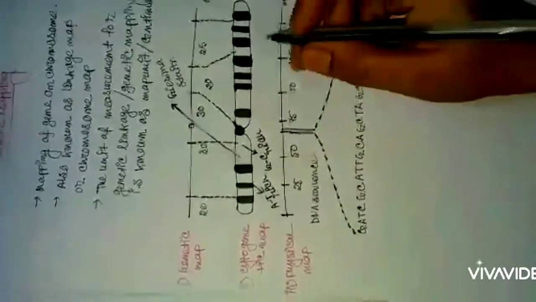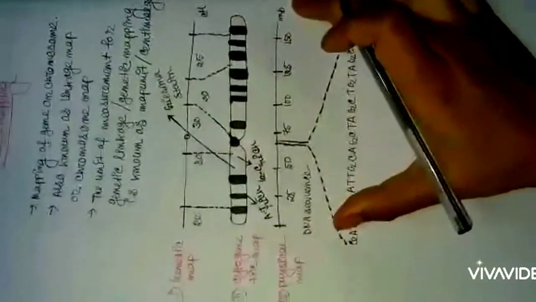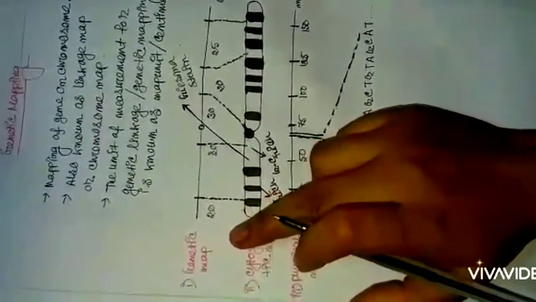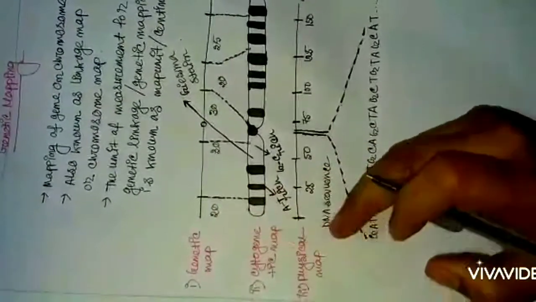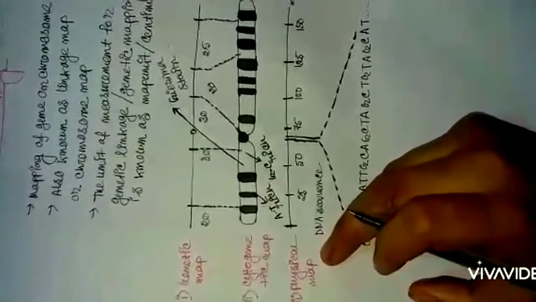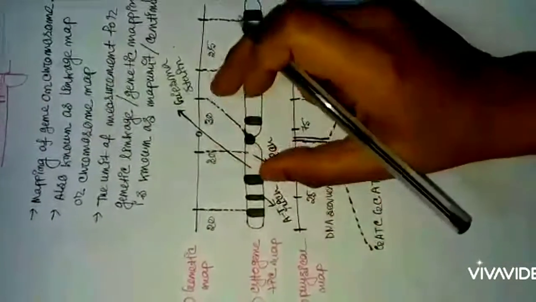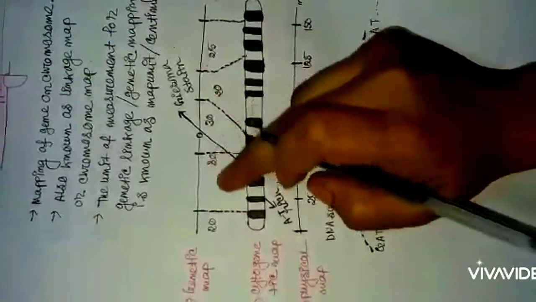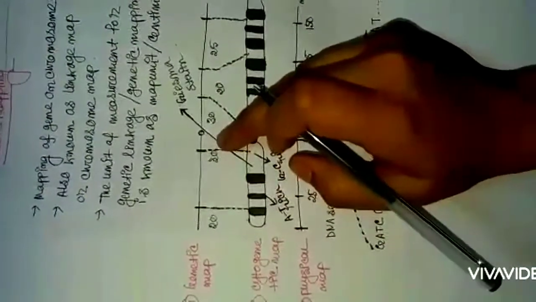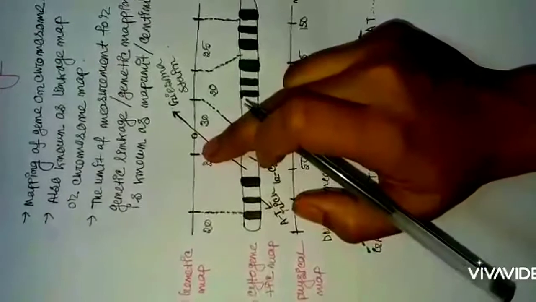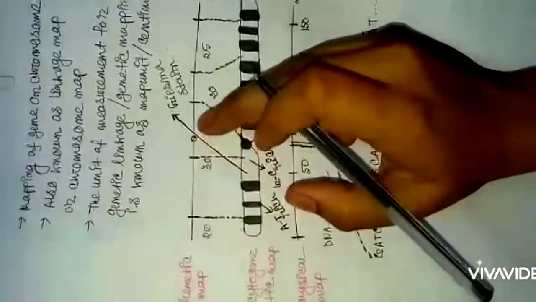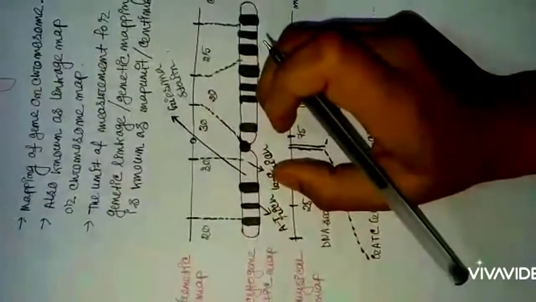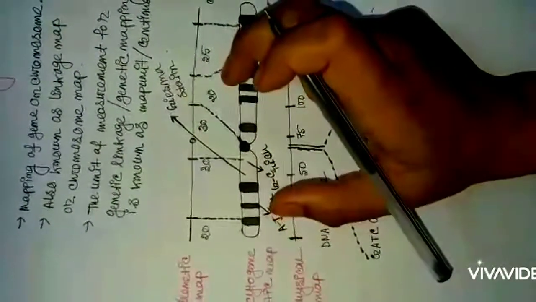As you can see, I have already drawn a figure here, and this figure is divided into main three divisions: genetic map, cytogenetic map and the physical map. So let's start with the genetic map. So genetic map is just a reflection of how much crossing over actually takes place between the 2 points, okay. So whenever you are mapping a gene, it will let you know how close genes are to each other or how far they are located.